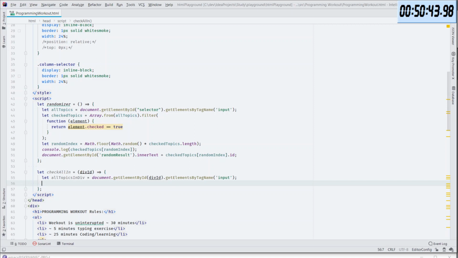And we want for all of them, check them.